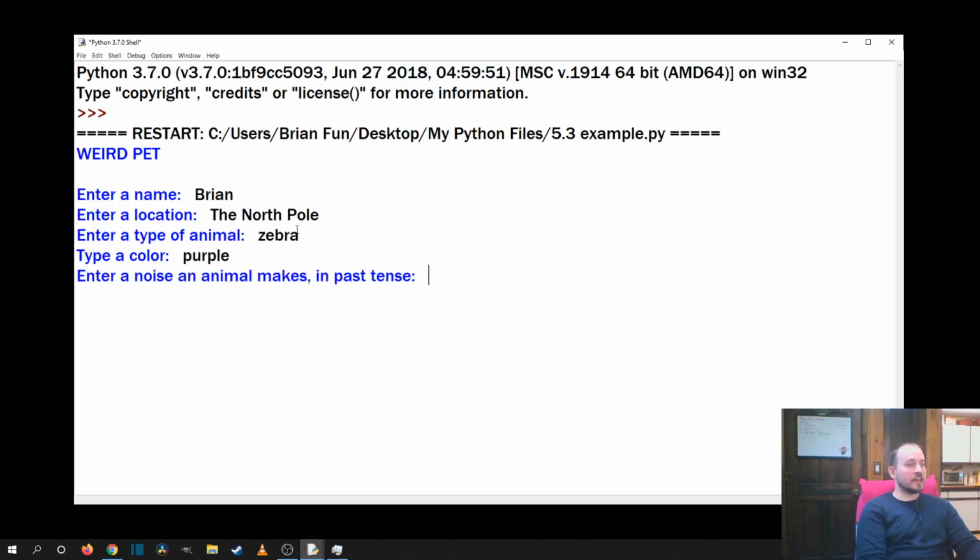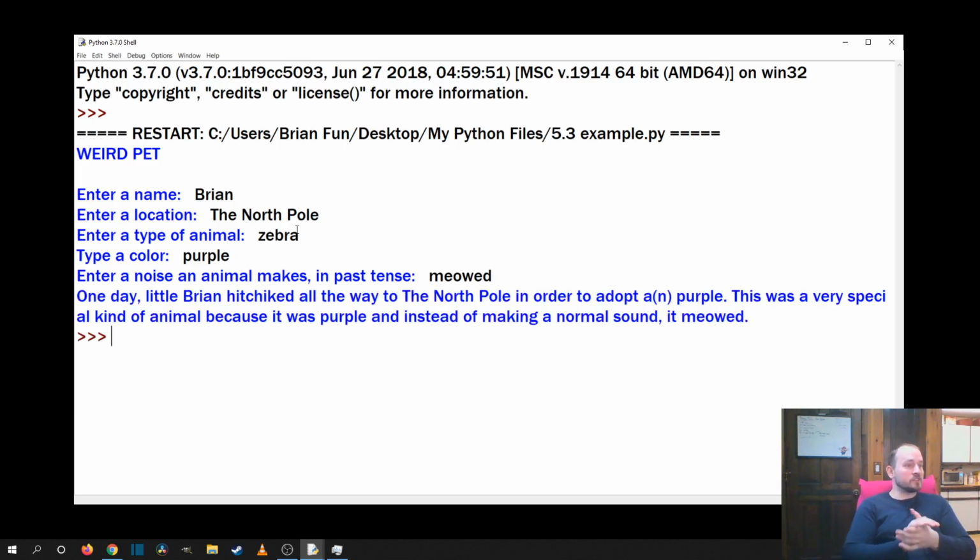And enter a noise an animal makes in past tense. Let's say meowed. All right, so see how I typed in this data? I obviously have some sort of story or plot development in mind. So when I press enter on this last input statement, we get a story. One day, little Brian hitchhiked all the way to the North Pole in order to adopt